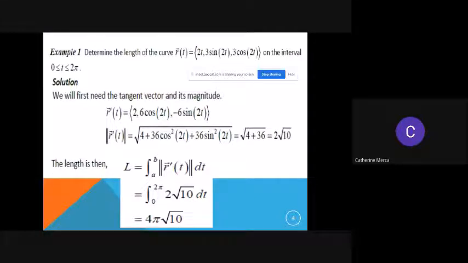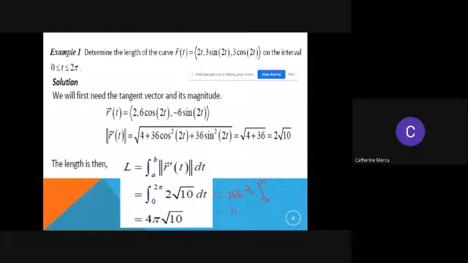From here, that's equal to, you have to take out the constant. What is the integral of dt? Isn't it just t, the integral of dt? t. Then, evaluated from 0 to 2 pi. And what does it mean? It means that you will have